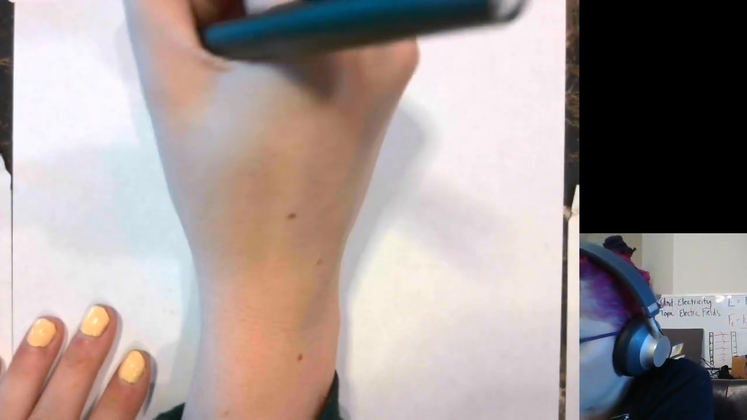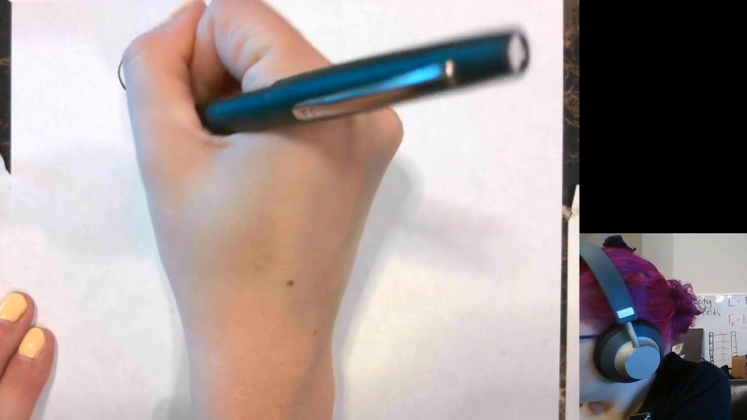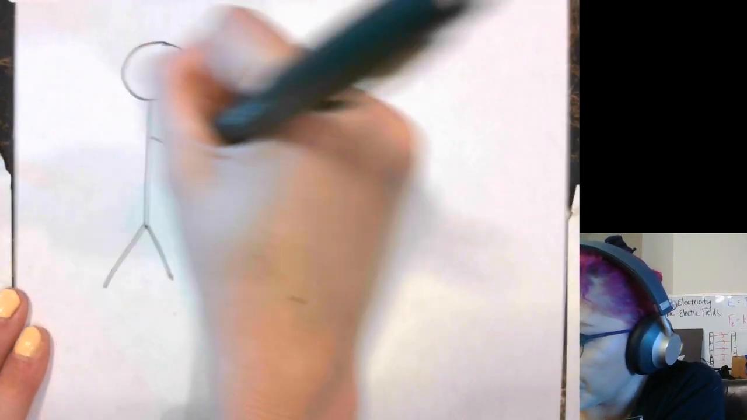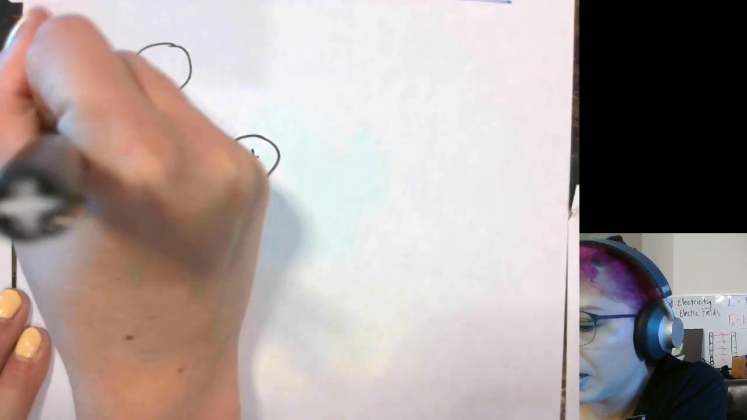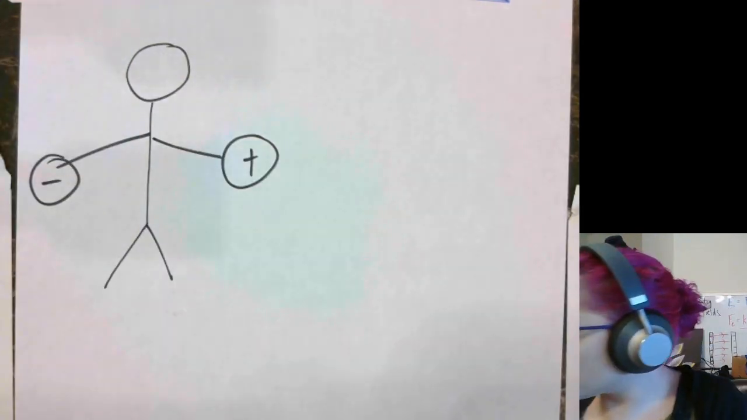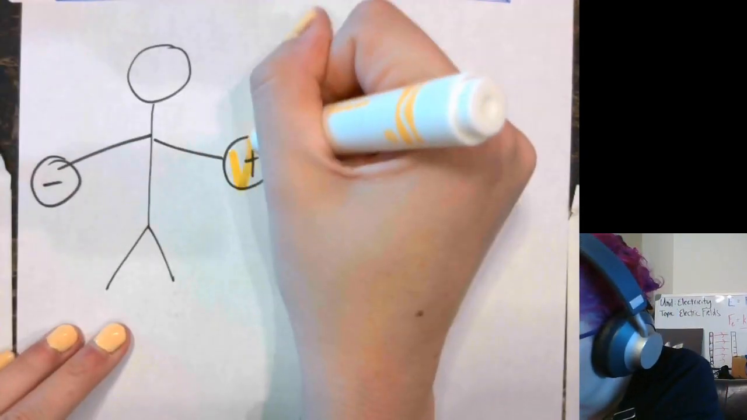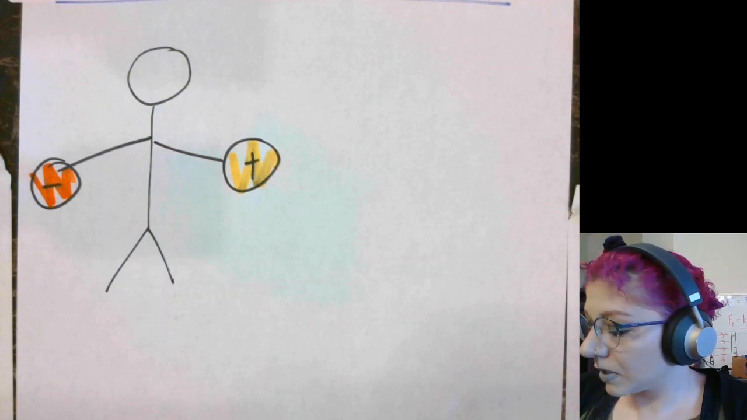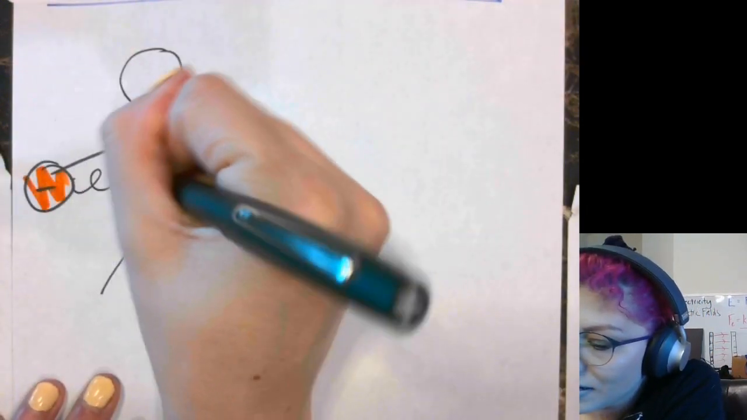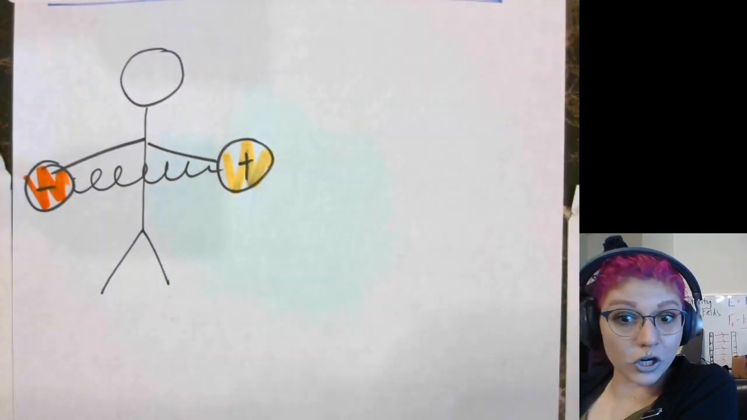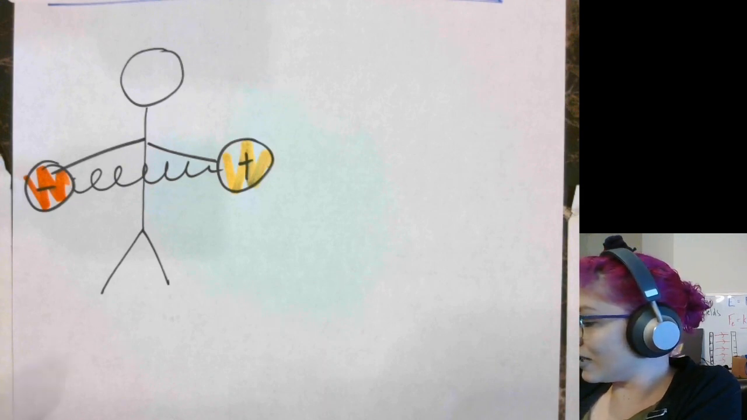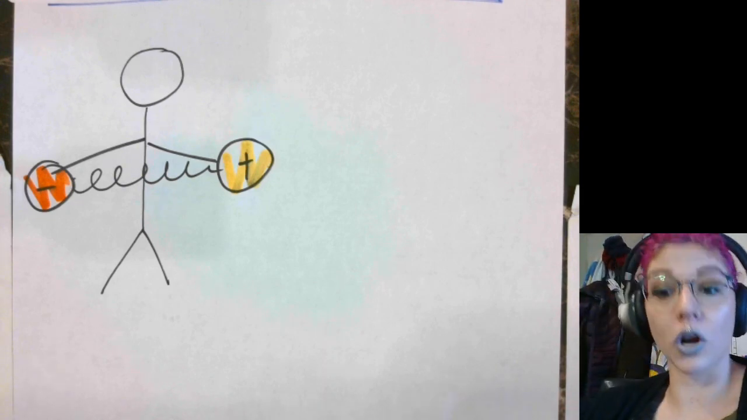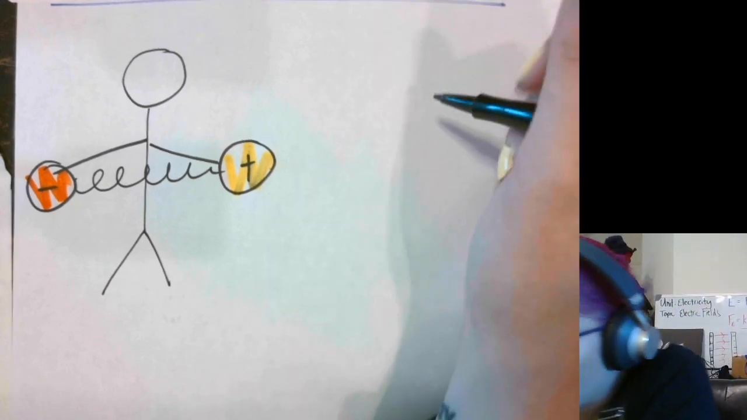Let's say that I am holding a positive and a negative charge. Let me color those in. Positive and negative apart, right? So for me to pull those charges apart, it's going to take work to pull them apart, right? Conversely,